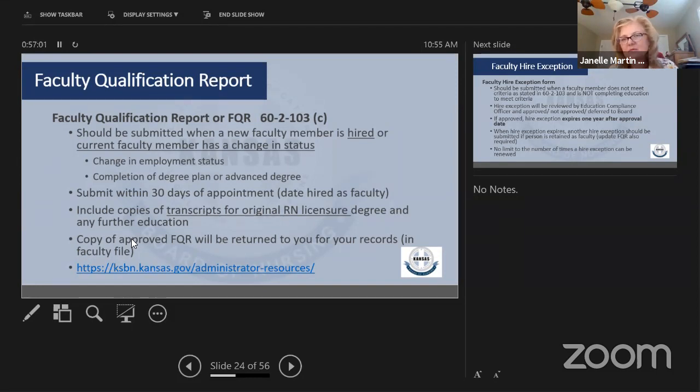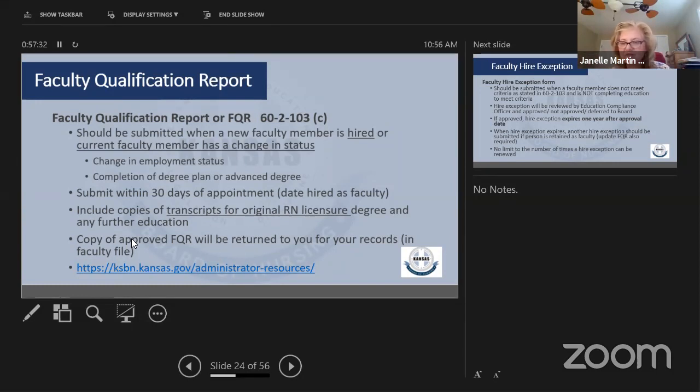The other piece that's important here too is if you have someone who doesn't meet regulatory requirements for faculty, but they are in school and they do have a degree plan to get there. So if you have a person who's a BSN who is working on their MSN right now, as long as they are actively enrolled in a program and working on a plan, you do not need to have a higher exception as well.